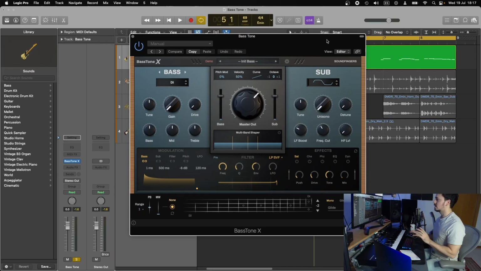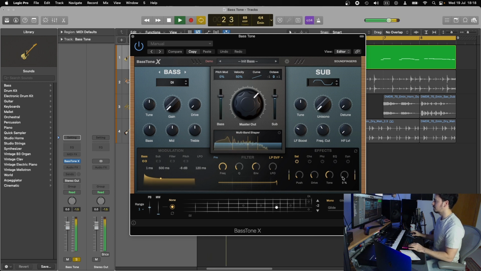Okay, so now we're gonna take a look at the effects section. We have 5 different effects you can choose from. You turn them on by clicking this, or bypass them by clicking again. These ones are actually in chain as well, so you can decide, for example, to add this saturator,